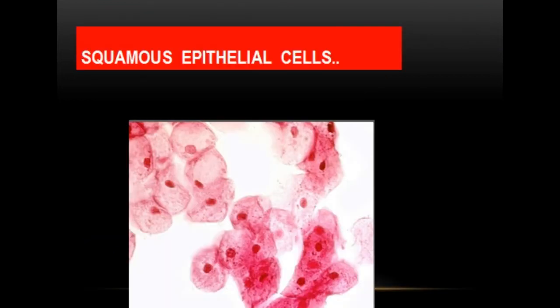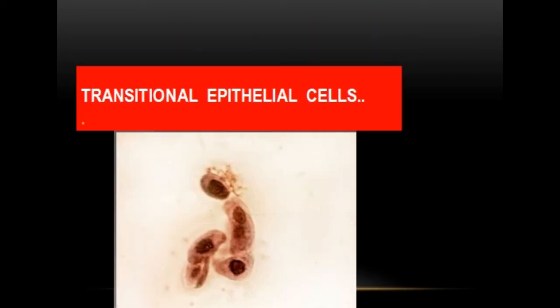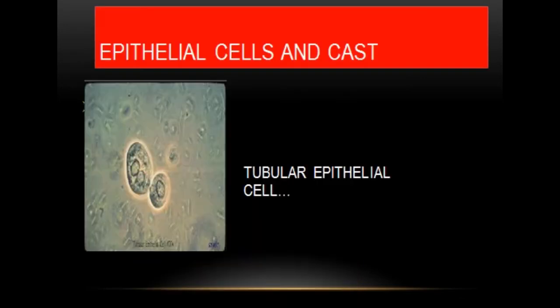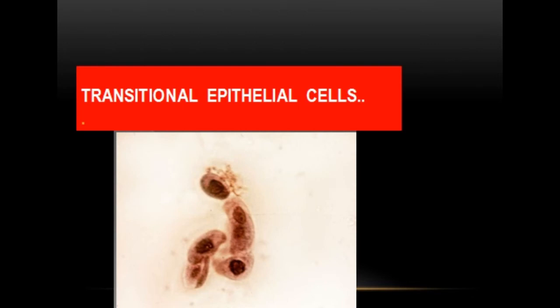One thing more about the types of epithelial cells. Renal tubular epithelial cells are always granular, and they contain a large round or oval nucleus, as you can see. Normally they are shed into the urine in small numbers. However, with nephrotic syndrome and tubular degeneration, the number increases. In the case of transitional epithelium, these cells are present in the renal pelvis, ureter or bladder, and they have more regular cell borders.